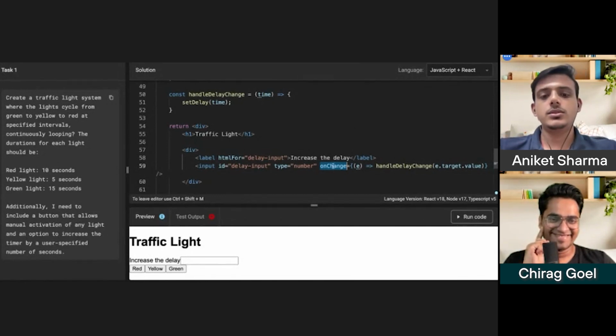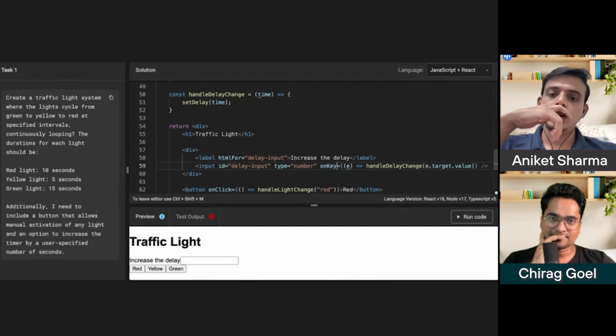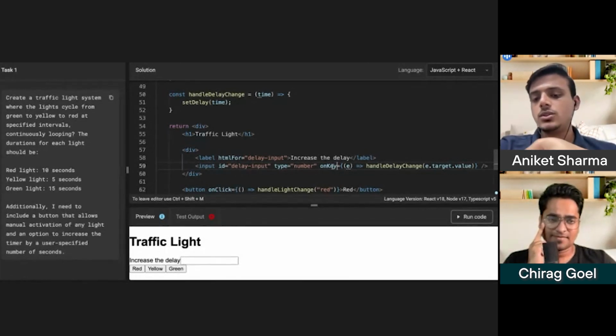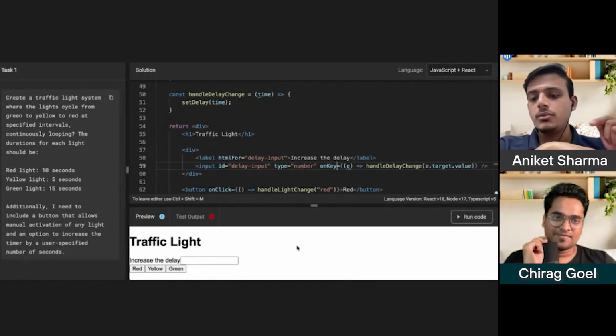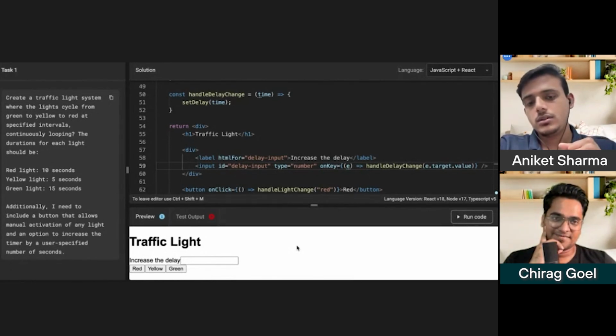No. So there will be two approaches. One is on focus out, another one is on click of a button. These two approaches we can use, because even if I use key up or some sort of that, whenever I am typing, even after clicking one, I am moving my finger up. There are also more key up event approaches.